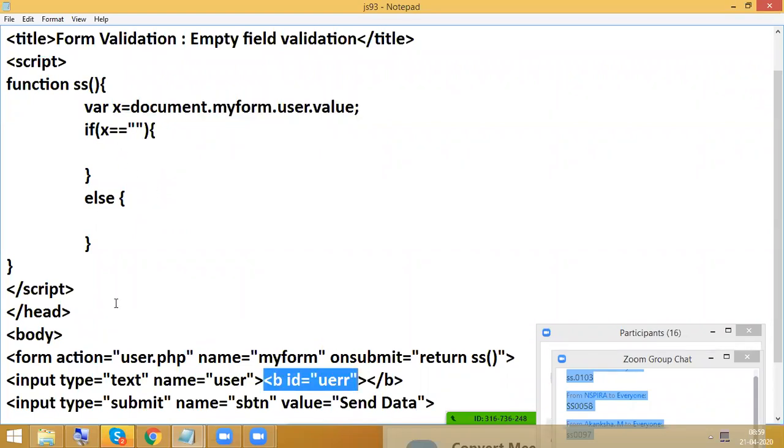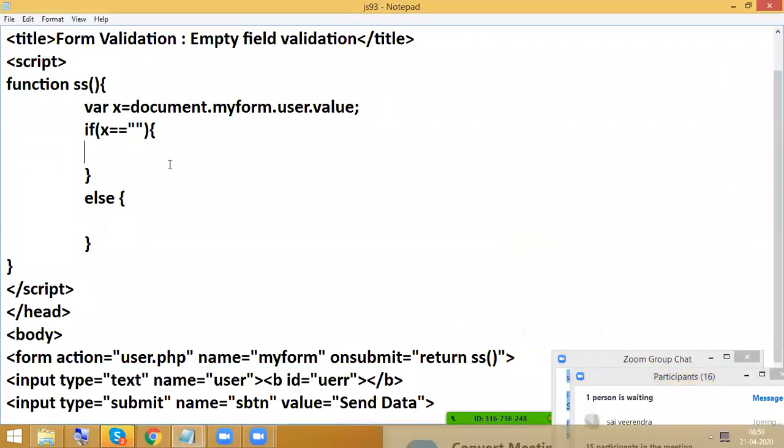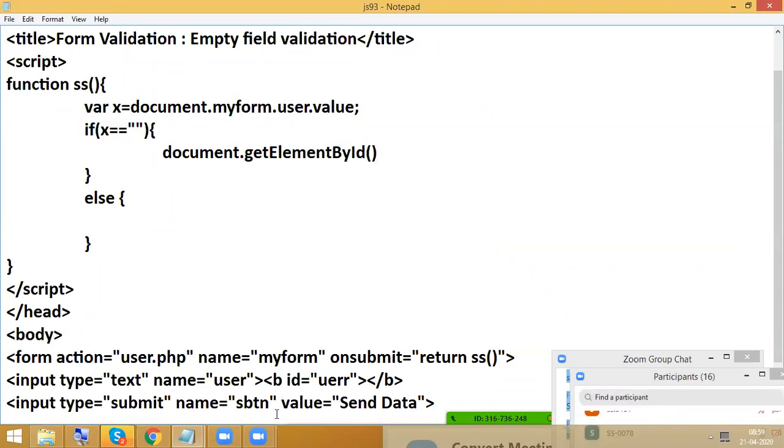So whenever it is empty, so no one is typing anything here, then what happens? I'm going to check the condition. It is going to return true. document.getElementById. What is the ID name here?